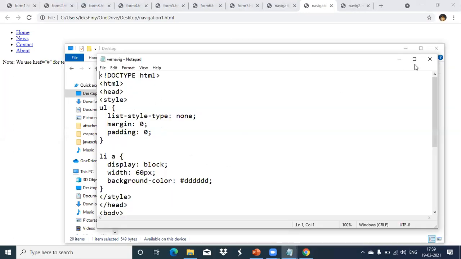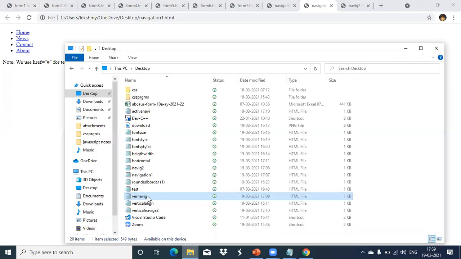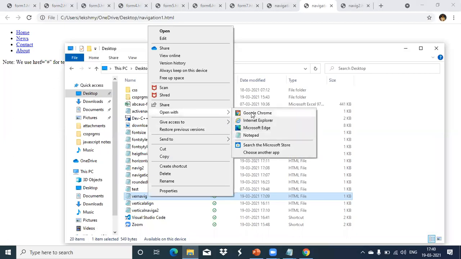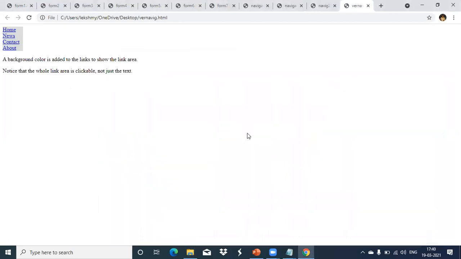Now here you see this style. We'll execute and then I'll explain. We'll see how it is showing in your browser, then I'll explain. See like this, a background color is added to the link. If I click on that, nothing will show. It is just for checking, like this. I have visited all those things. That's it.